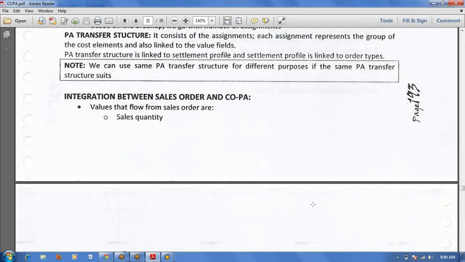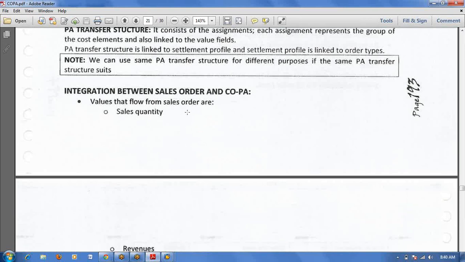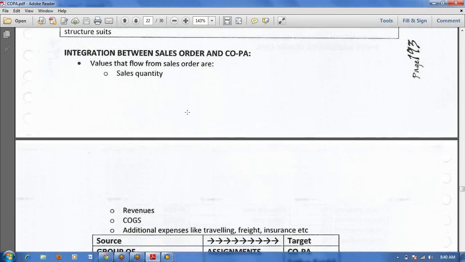Are we looking into the actual scenario in SAP, Hari, on each of these? Yes, I have not covered that. After COPA completion I will explain, because without doing the COPA we cannot settle the sales order. That's why I stopped it. Now we will complete COPA, and once we complete COPA, I will start the make to order scenario.